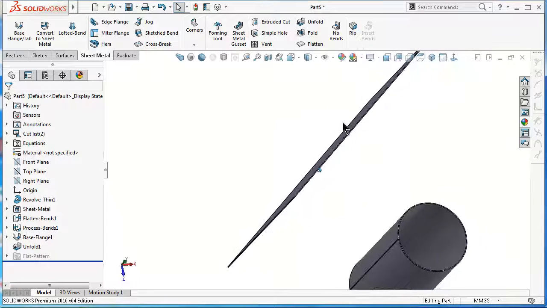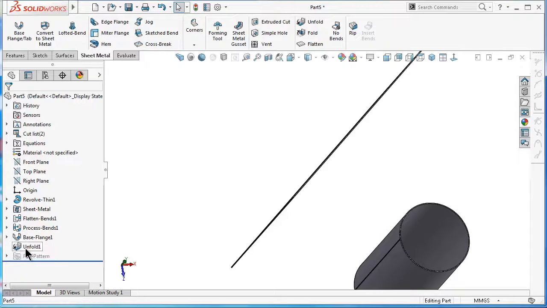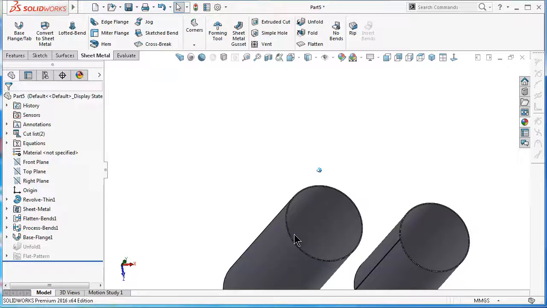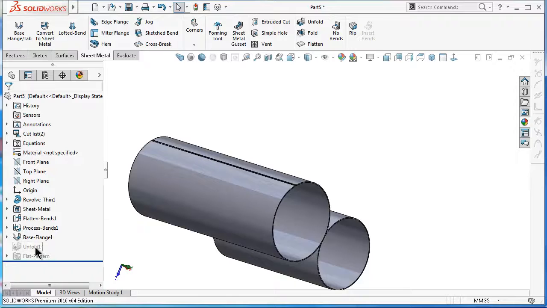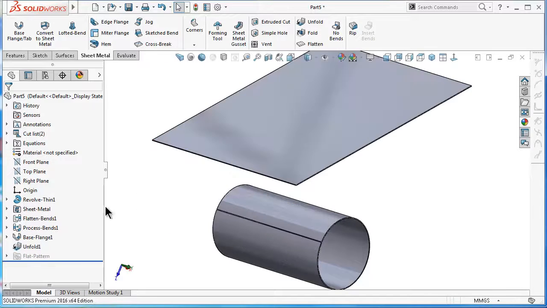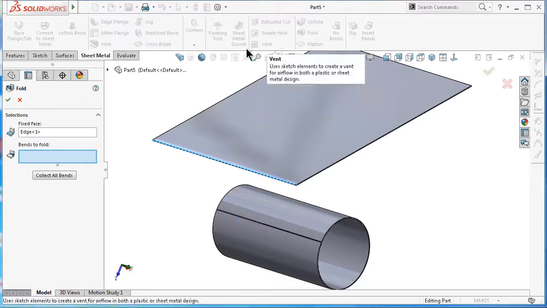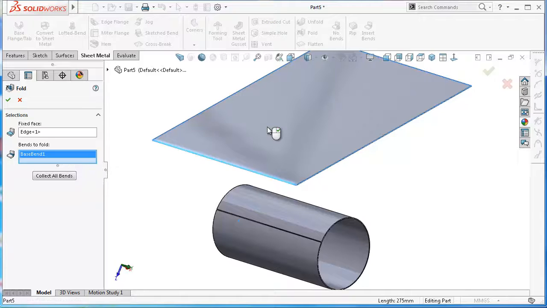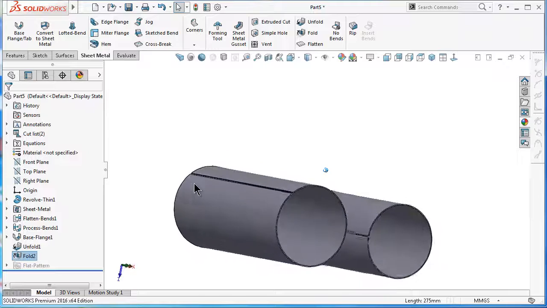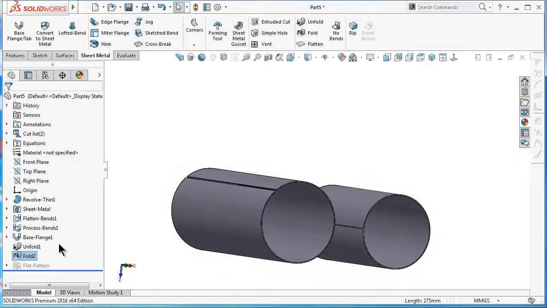To unflatten or to fold the pipe, you can suppress the fold or the unfold command, or you can add another fold to it. Let's just unsuppress, add a fold. The edge is selected already over there, and bends to fold, select this part, click OK. So this is the fold unfold method,